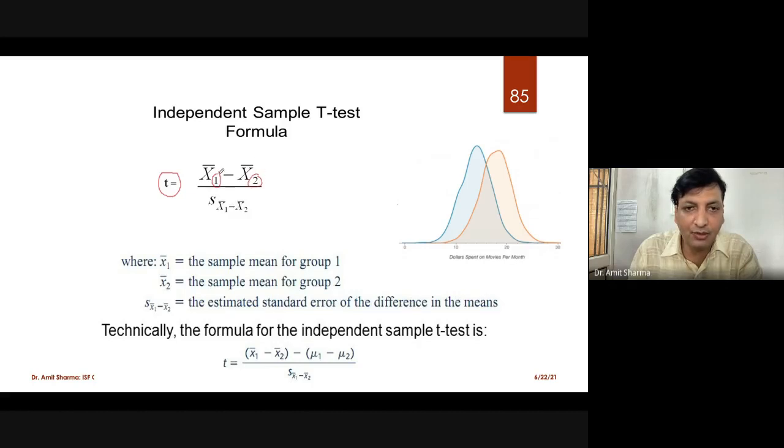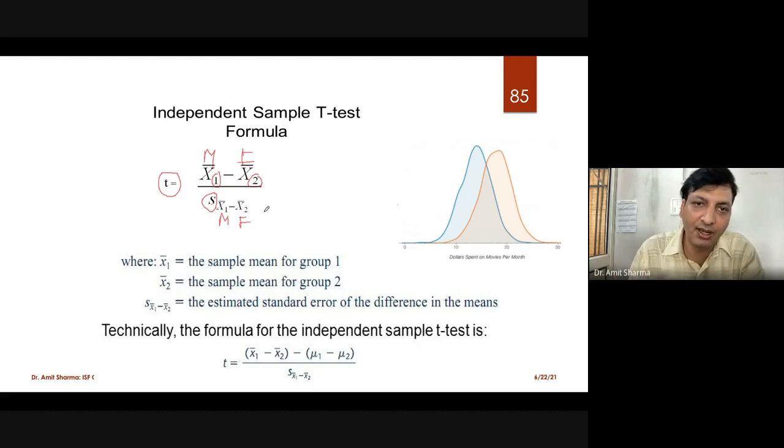For example, you can assume this is male and this is female. And S represents the standard error of group 1, for example male, and of group 2, female.